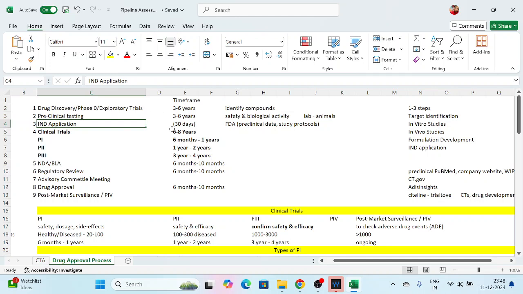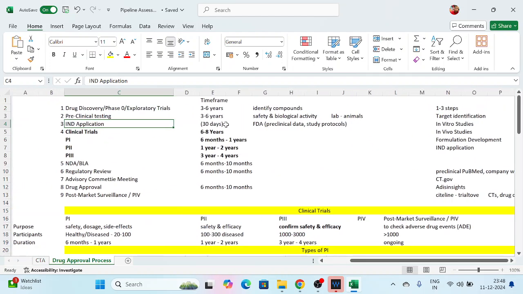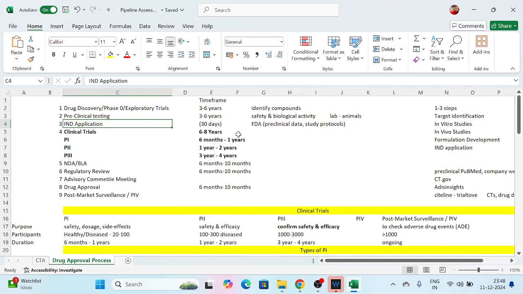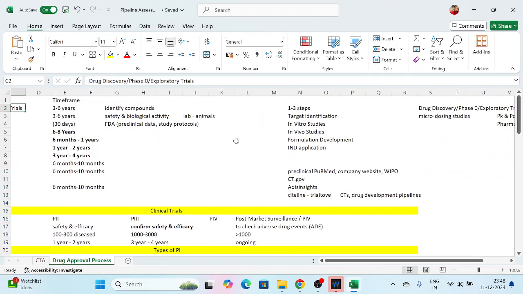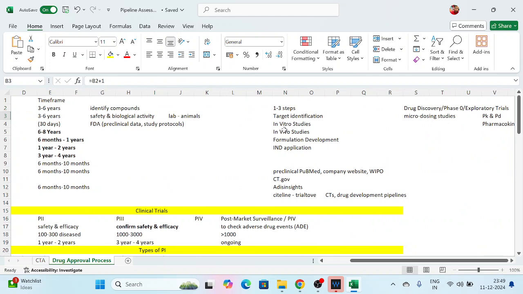The manufacturer submits the IND application, which is the investigational new drug application, and the FDA takes 30 days to respond whether they approve or reject. Sometimes the interviewer in CI interviews asks details about drug discovery and the preclinical steps. The steps that I have listed here from 1 to 3 can further be subclassified